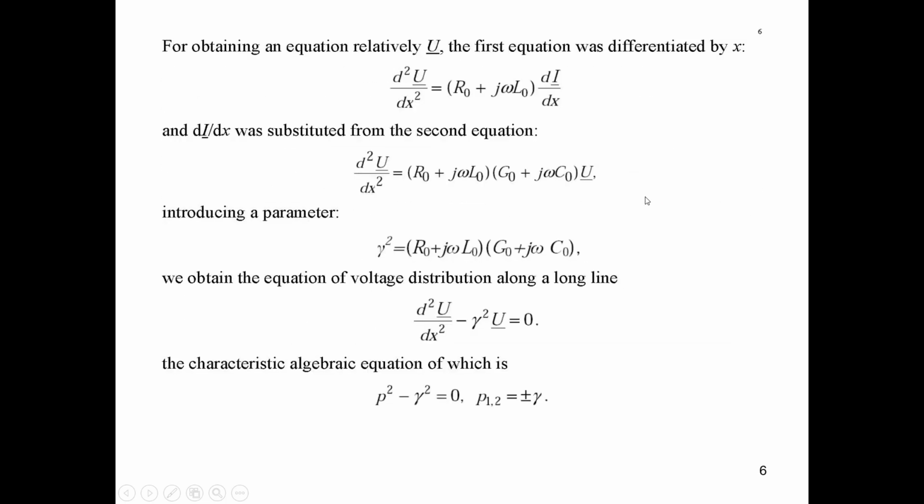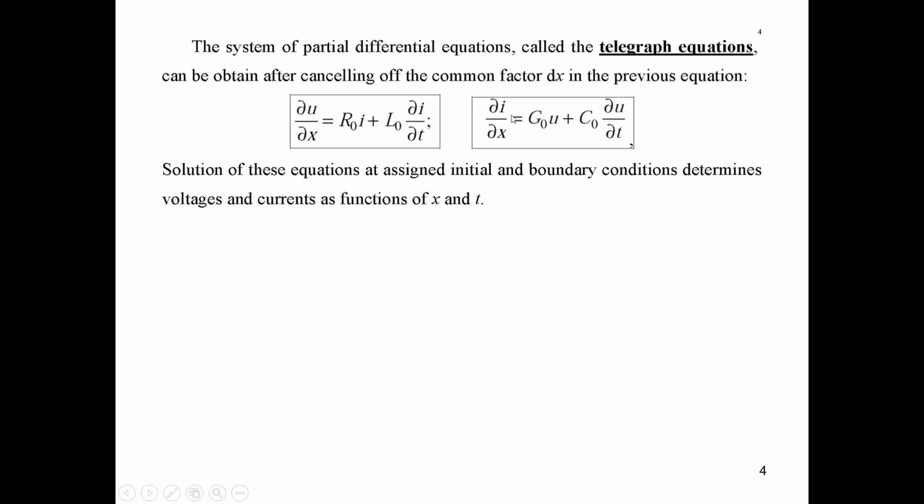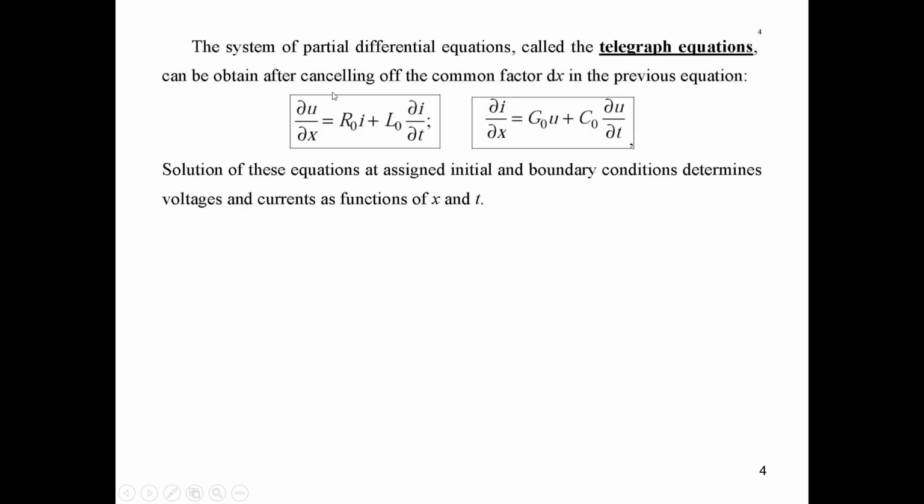Then we considered application to this line of sinusoidal voltages and currents, and we considered steady-state processes, when we can use the complex variable method and replace instantaneous values, small letters, by their phasors. And in such a case, we can transact from partial differential equations to